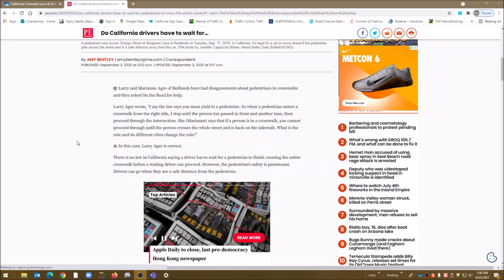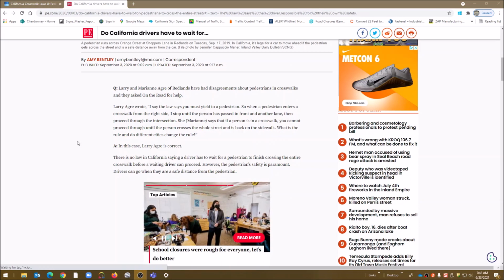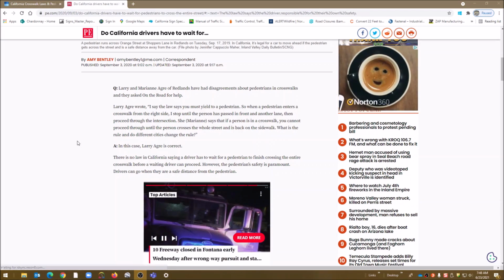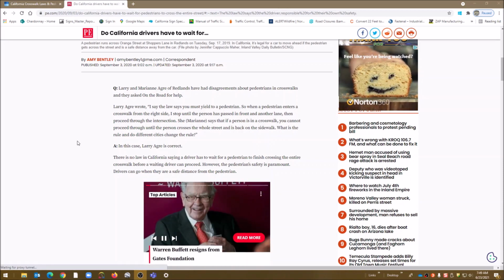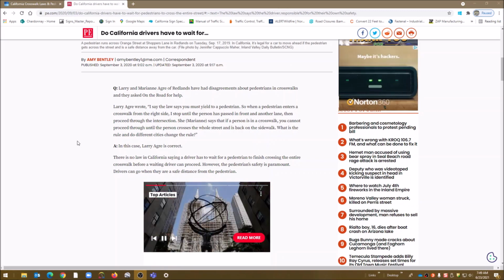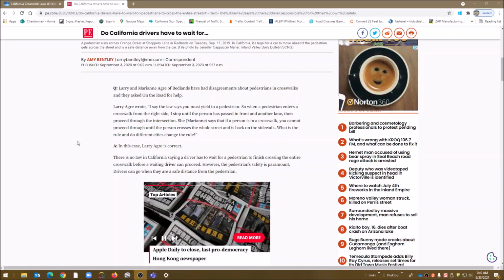It's also up to the pedestrian to make sure that everything is fine. I'm sure we've seen this all the time. You're driving down the street and you're just close to an intersection, and then there's a crosswalk, and then the pedestrian just walks right out in front of you, and then they throw their hands up like, hey, you didn't slam on the brakes, come to a complete skid for me. You know, it's up to the pedestrian too to know when it's safe to cross the street. It seems like a lot of people never used to walk with their parents, or your parents failed in trying to teach them properly to cross the streets. You just got to make sure that it's safe these days.